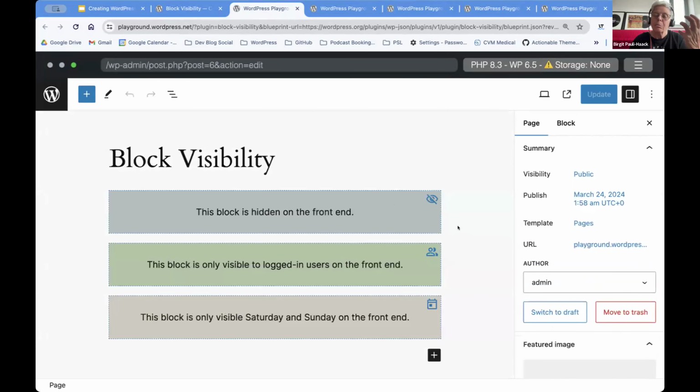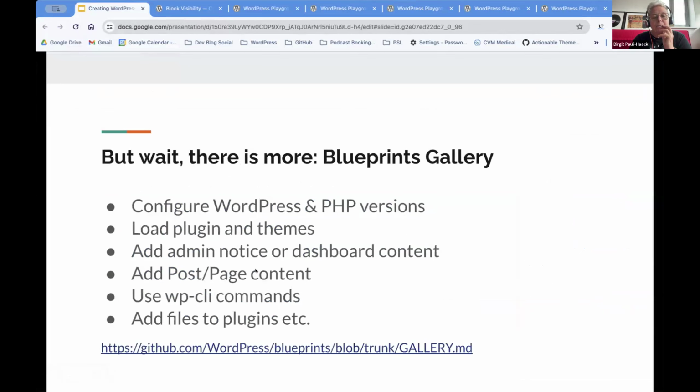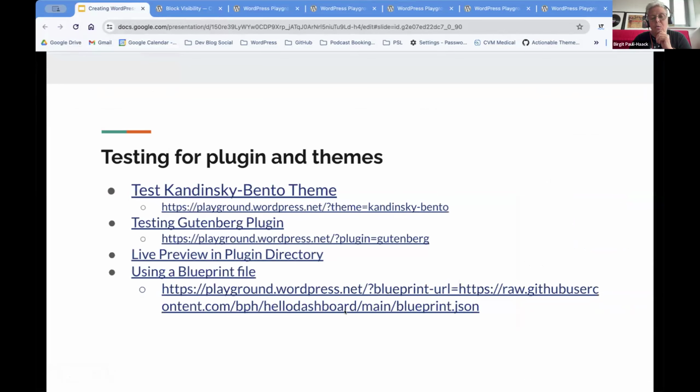And Nick does something else. He lets you get right into the post edit action and shows you about the blocks and how to handle that. So that is pretty cool. You can do something else as well. I really like that. And then you could use a blueprint file. Before we talk about the blueprint,